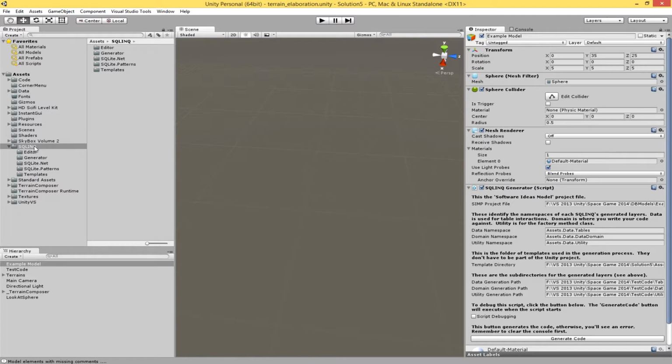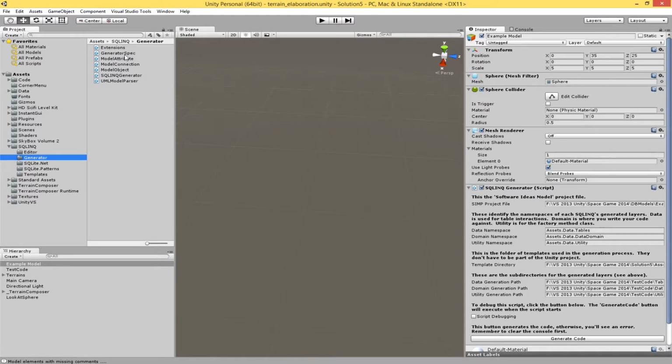So the SQLINQ environment, this is what you get in the environment. You get an editor piece, which is essentially a script that controls this part of the modeler. You get a generator, which has all this cool and funky code in it. And if you had gone through the video, you'll know that the SQL UML model parser can be exchanged for something else. So you just basically replace this class with your own class, and you can then transform any other model that you have. This is the main generator, and